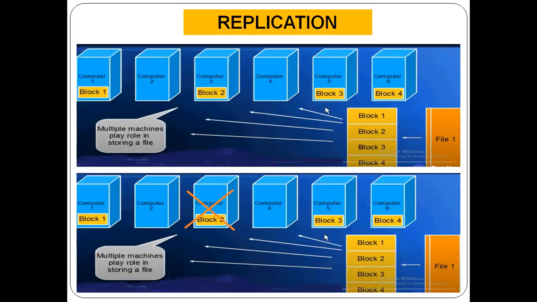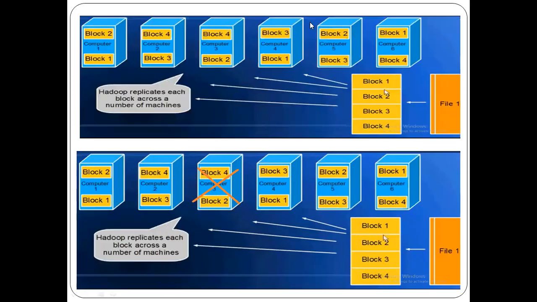Okay, so I have written the file and it is stored in 4 different blocks. Now, because of some problem, computer 3 failed. In such a case, a third person comes and wants to read the same file. What happens? Blocks 1, 3 and 4 can be retrieved without any problem, but block 2 is corrupted because of computer 3 failure, right? This can be avoided by using a replication concept, which is explained here.